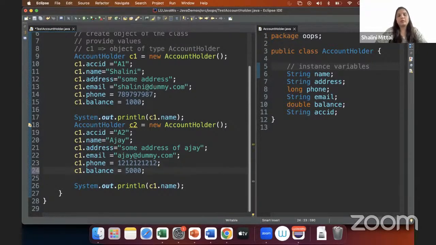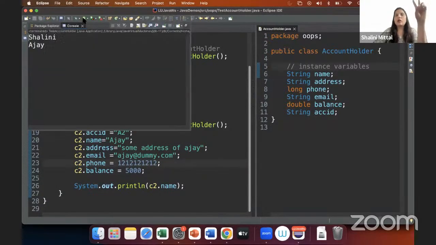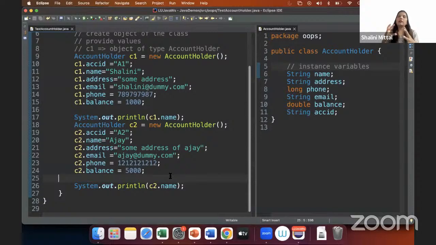And maybe say balance is 5,000. And if I say C2, and if I run, I now have two customers, one with the name Shalini and one with the name Ajay. So what it gives me is a structure